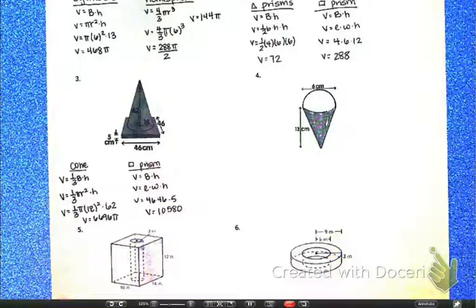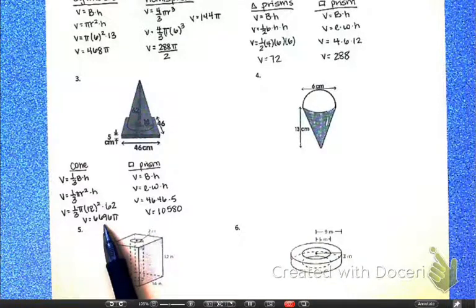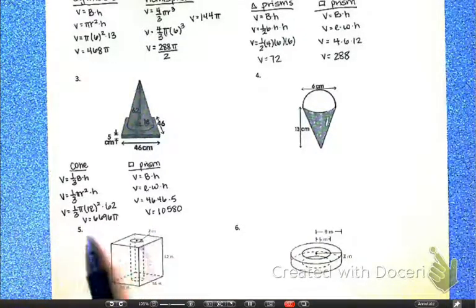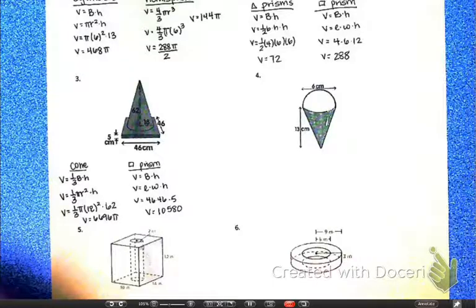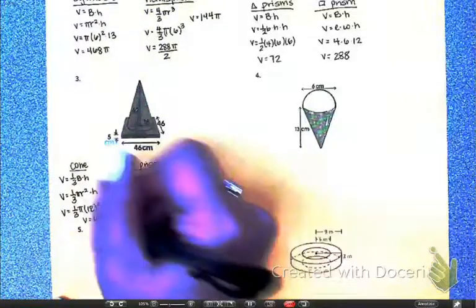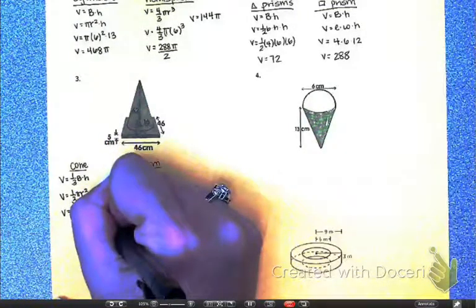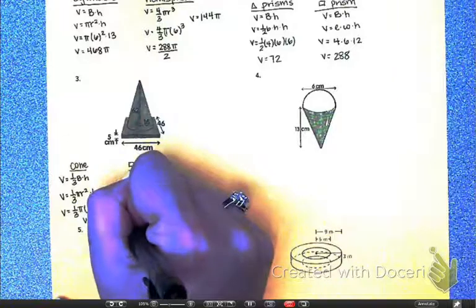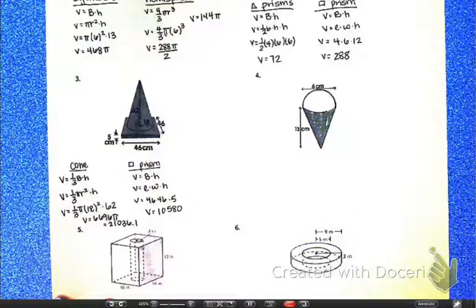10,580. Now, what's the difference in this problem compared to number 1? One has pi, the other doesn't. So I need to multiply this by pi in order to combine those two. So 6,696 pi, and all round, gives me 21,036.1. Plus